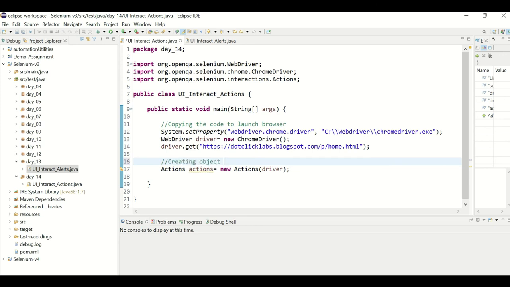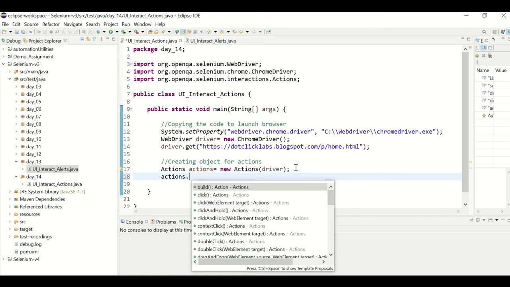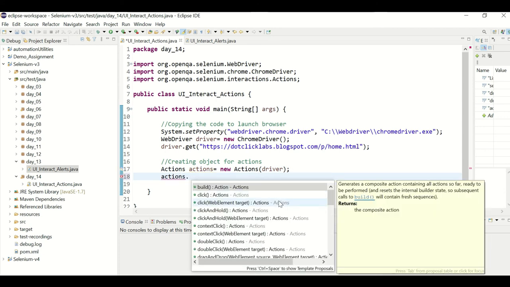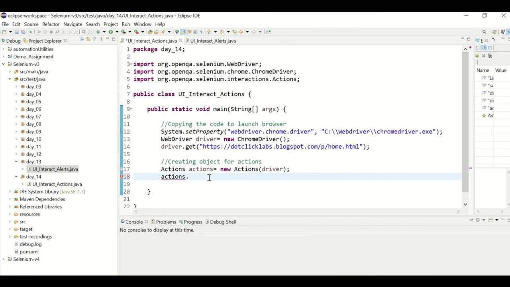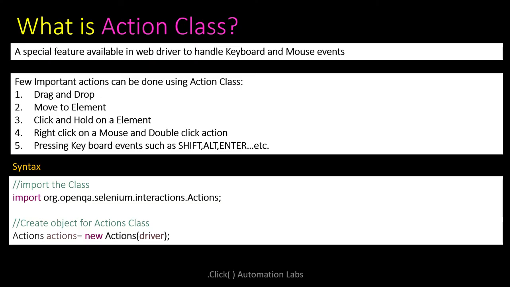Creating an object of Actions. Now actions dot, you can see various methods: build, click and hold, context click, double click, move to, key up, key down. Many additional features you can access using the actions class now. It's like empowering your WebDriver with some additional powers called actions.